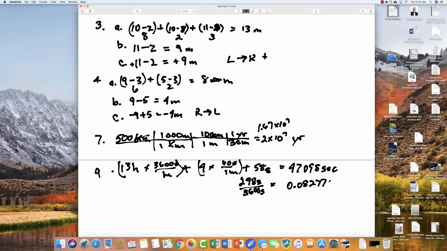that number of seconds is 0.082778 hours. And so it's 13.082778 hours. And I did that so I could calculate the kilometers per hour. So we have 1,633.8 kilometers, and that is traveled in 13.082778 hours. And if you do the division here, you get